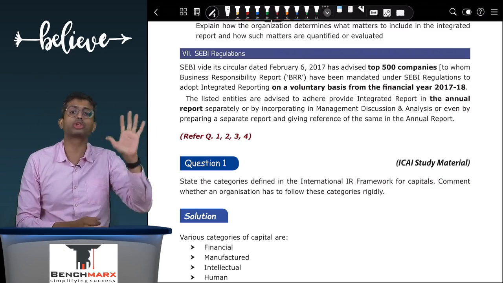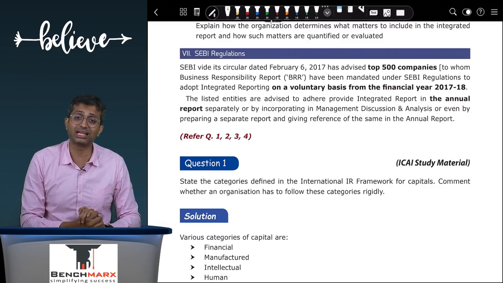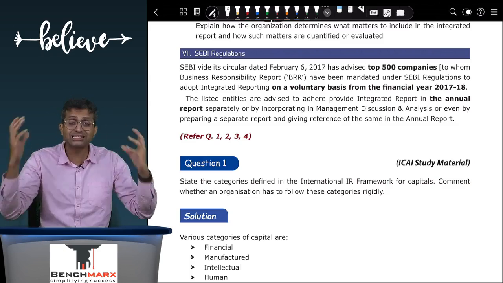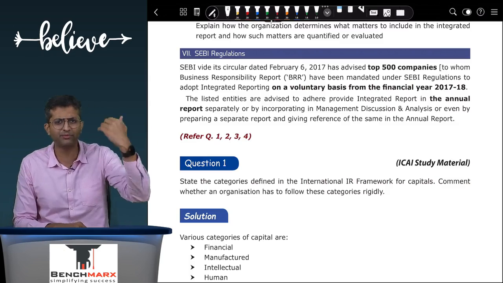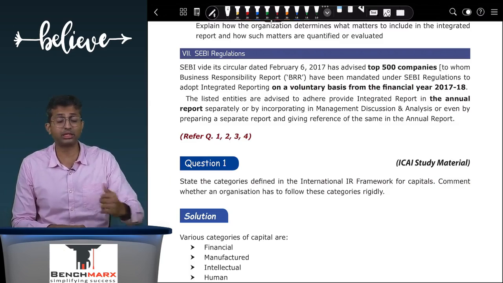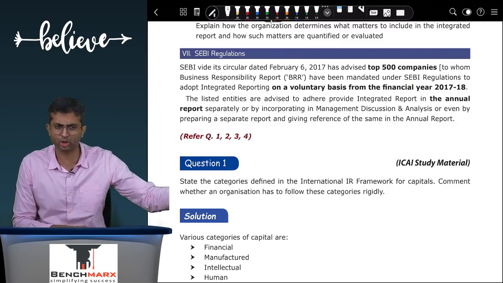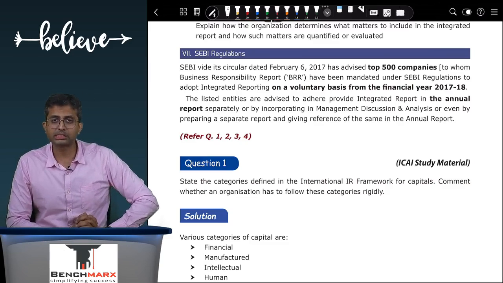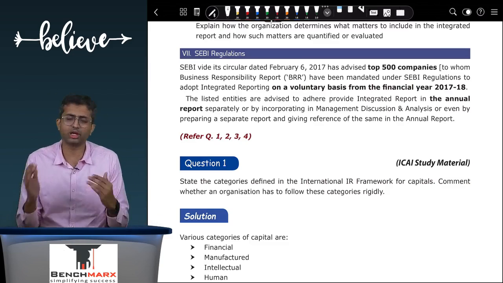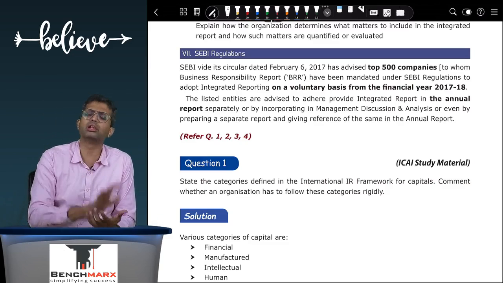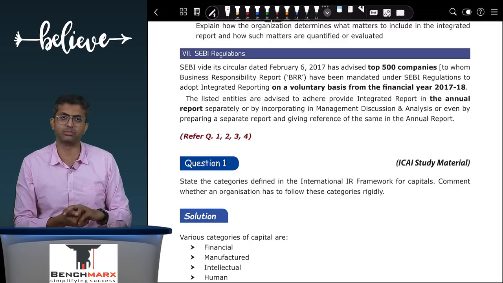SEBI has recommended the top 500 companies listed on the BSE to prepare integrated reports, and a large part of at least these big Sensex and Nifty companies, if you open Infosys, TCS, Reliance, all of them have been preparing integrated reports, not just for the past 1 or 2, but as far as I recollect, around 3 or 4 years they have been preparing. So SEBI in India, the requirement is voluntary, and it has voluntarily required the top 500 listed companies to prepare an integrated report.